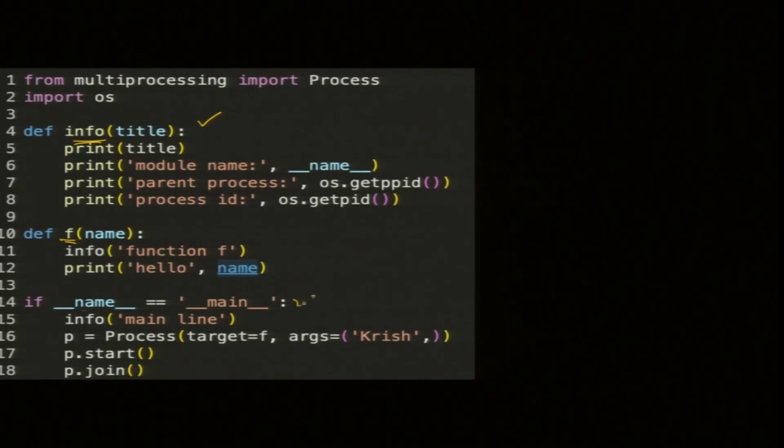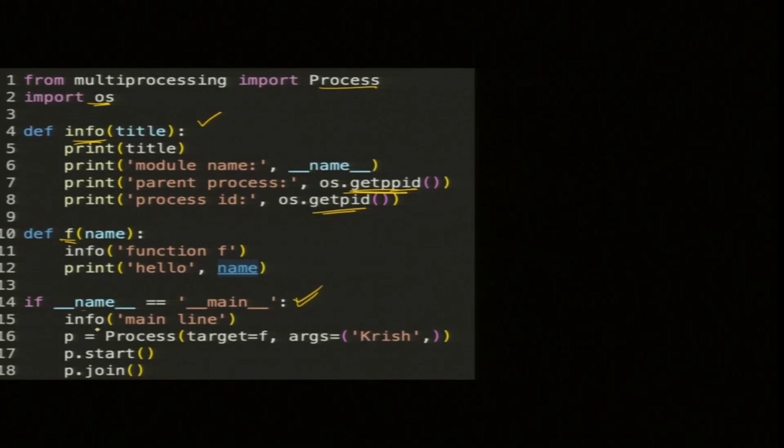But this is the main function. We import multiprocessing as process and import OS. The operating system gives you the IDs of processes. We have OS get parent process ID, PP is the parent process ID, and this is get PID.